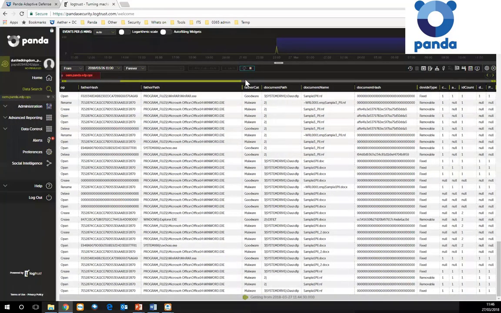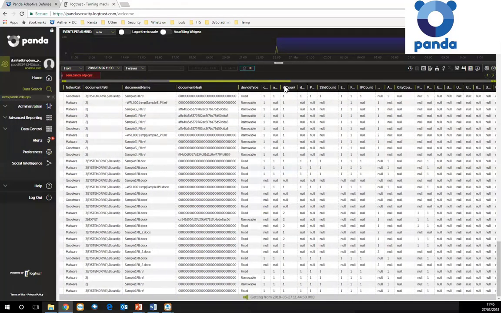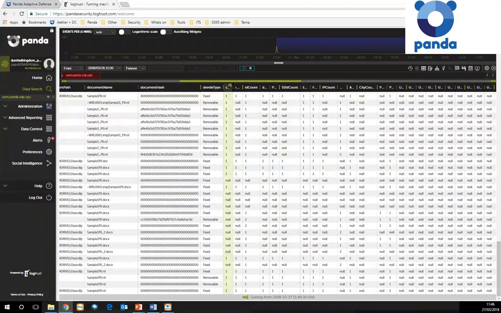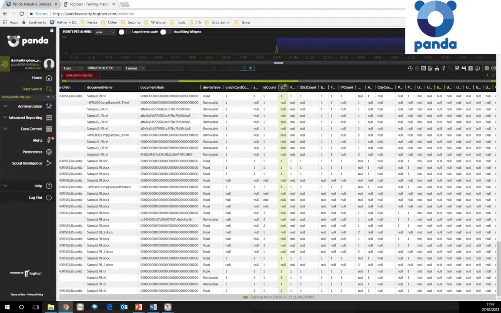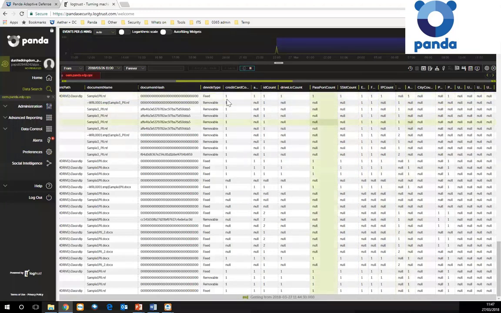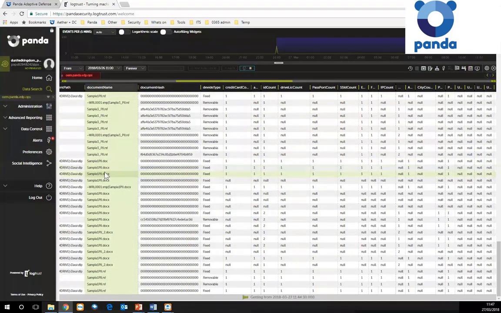So if I scroll further to the right here, we have our columns of PI. If I expand a few of these quickly, what we can see here is numerical values. Now, what these indicate is that one instance of a credit card was discovered in this particular document. So we use analysis to determine this type of PI data, and the number of instances of that PI data identified in that particular file within the console.